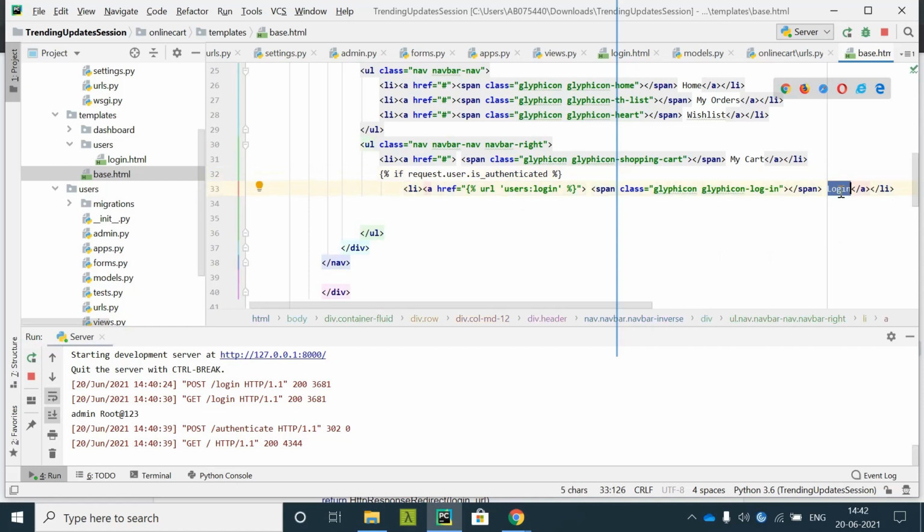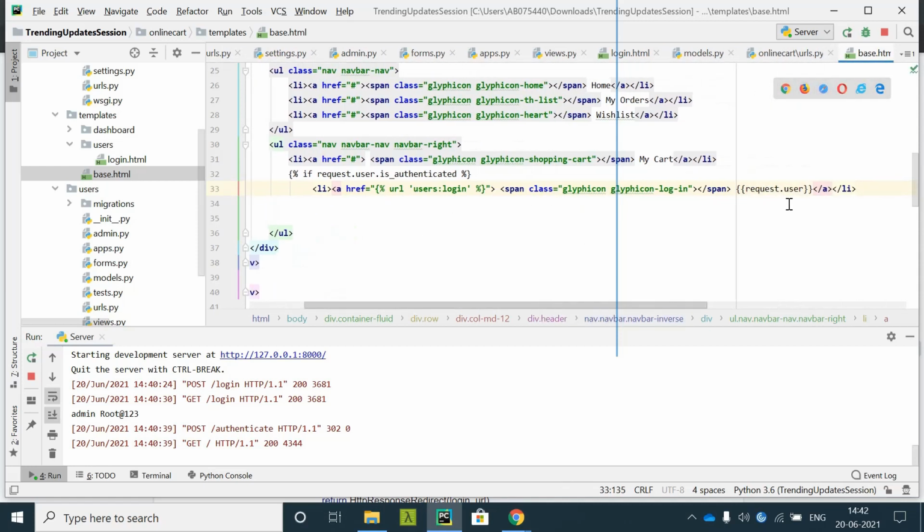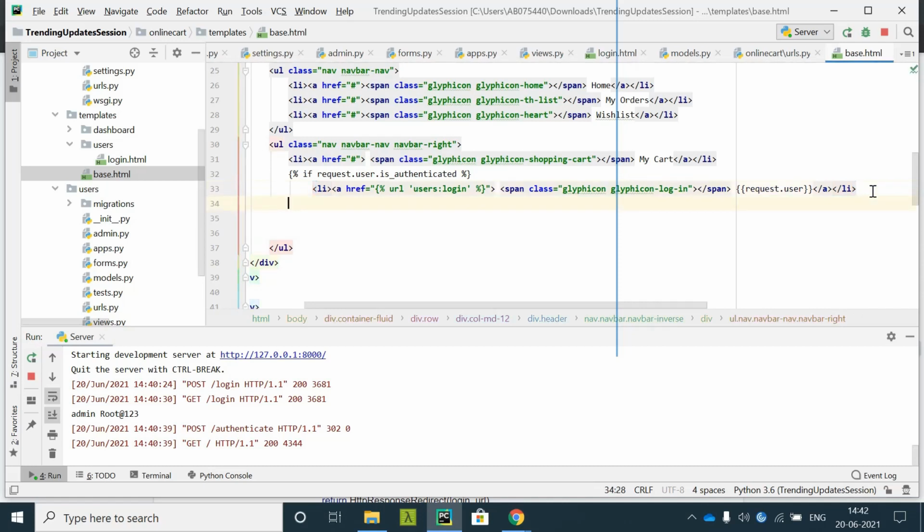Now I'll add an else condition for this, and I'll end the if condition also.